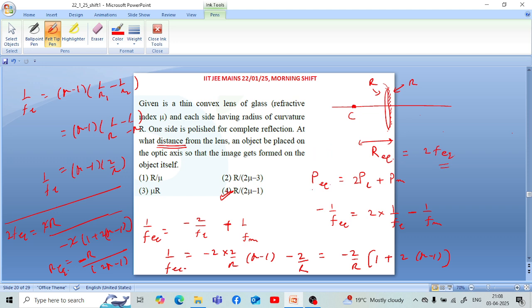इसमें आर और म्यू के टर्म्स में। तो यहाँ इंपॉर्टेंट पॉइंट ये है कि ये लेंस की अगर एक साइड कोट कर दी जाए तो ये कॉम्बिनेशन एक मिरर की तरह एक्ट करता है, और मिरर के लिए हम जानते हैं कि अगर ऑब्जेक्ट की पोजीशन सेंटर ऑफ कर्वेचर पे है तो ऑब्जेक्ट की जो इमेज है वो ऑब्जेक्ट पे ही बनती है। तो एक तरह से हमें रेडियस ऑफ कर्वेचर निकालना है, क्योंकि सेंटर से लेके उस मिरर तक